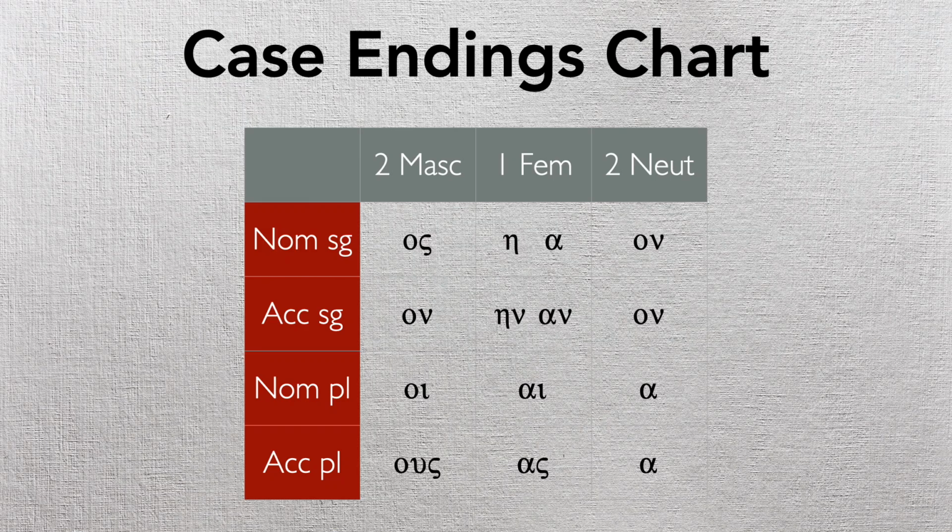Okay, so these are the case endings. I don't think this is the most helpful chart, though. Let me show you another one here. This is the case endings chart, but what we've done is we've added the last vowel in the word. Okay, this is a little bit more helpful because this is closer to what it will actually look like in context, but I think there's a better chart to show you, and it's this